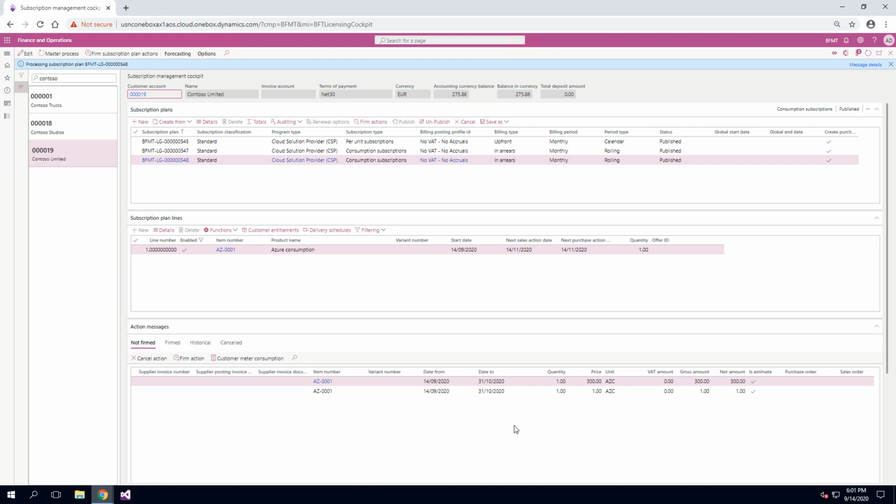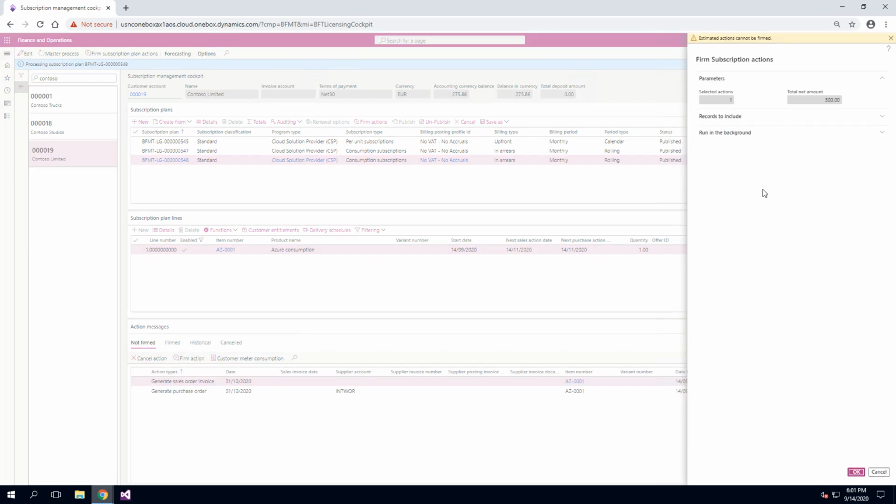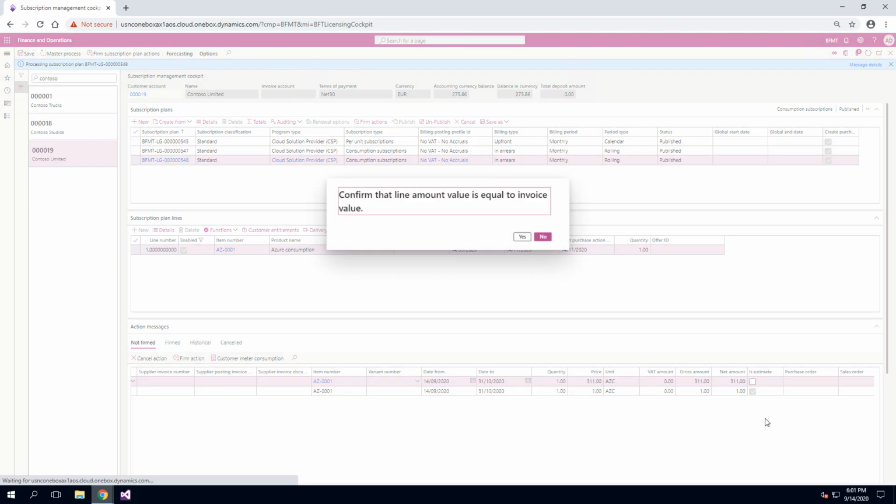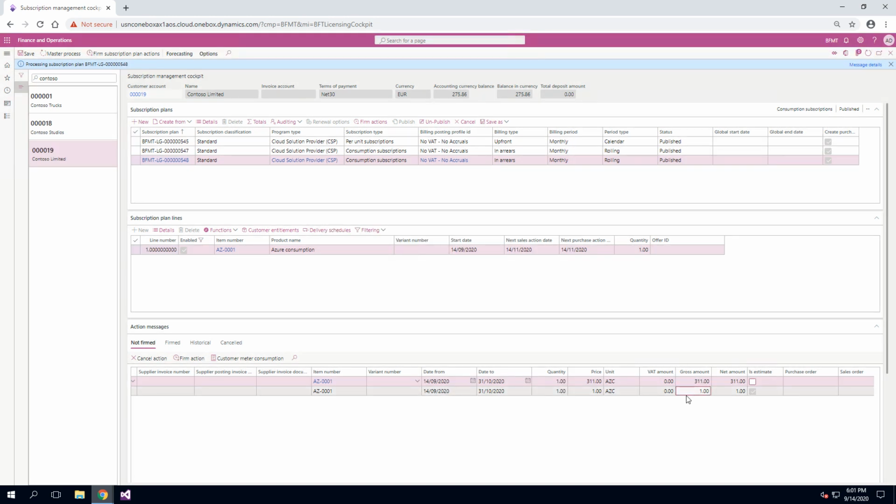So we are billing the consumption which happened in the past, in the previous billing cycle. It's also important to notice that we have estimates at this point. So since this is a consumption estimate, it cannot be firmed. So if I try firming actually this action, it will stop me. It says estimated actions cannot be firmed. So what we need to do in this case is actually check what is the actual amount to be billed to the customer. Let's change this to 311, remove the is estimate flag and click yes,